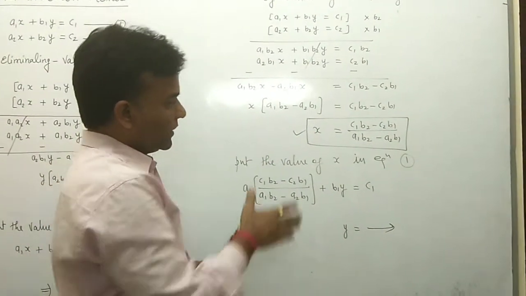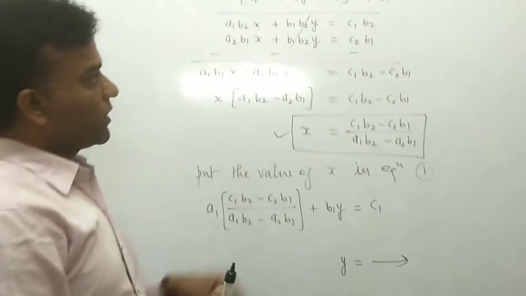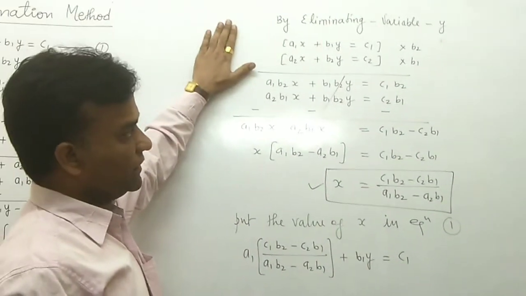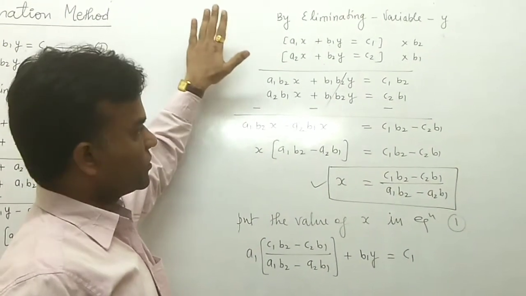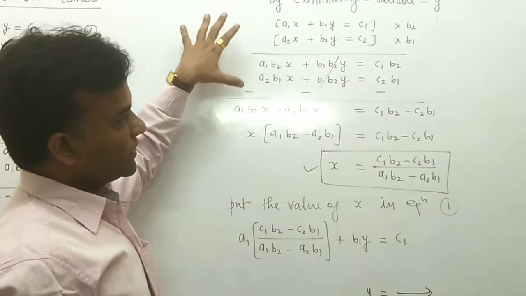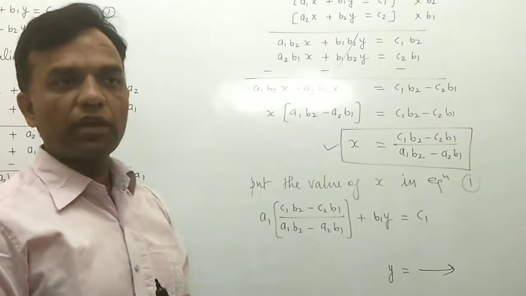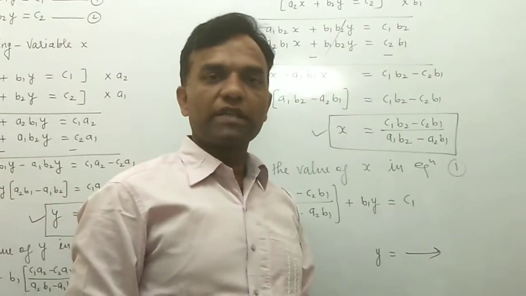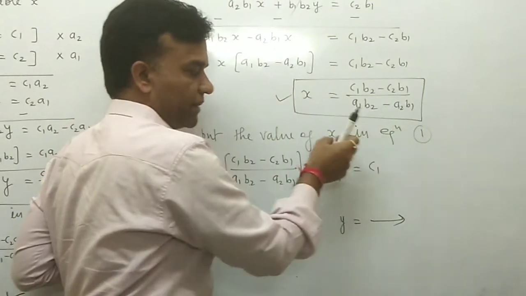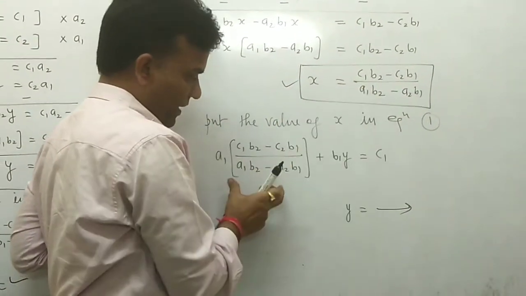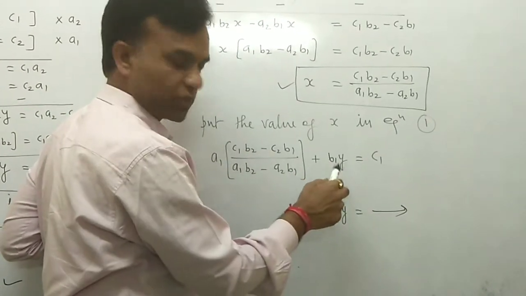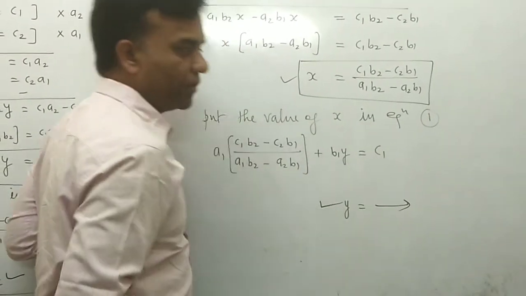Similarly, depending on you, whichever equation you consider for putting the value of x. Suppose you like equation 1, then you put it in equation 1. If you want to put it in 2, you can also put it in 2, but in both cases your answer will not change; you get the same answer. In this format, you put in equation 1 having variable x, and after putting it in, you simplify the whole equation with respect to y, and then you get the value of y.